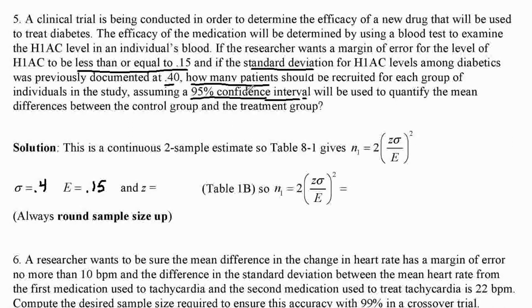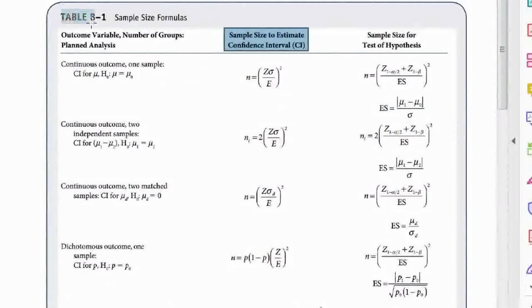Now we do need to read a little bit carefully here because they're asking how many patients should be recruited for each group of individuals in the study, assuming a 95% confidence interval, to quantify the mean differences between the control group and the treatment group. So this is not one sample, this is 2 samples. We're picking 2 independent samples, a control group and a treatment group, but we want to know how many are in each group. So if we go over to table 8.1 here, so again 8.1 sample size formulas,